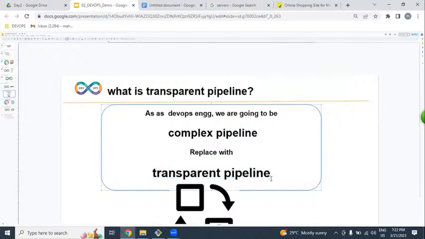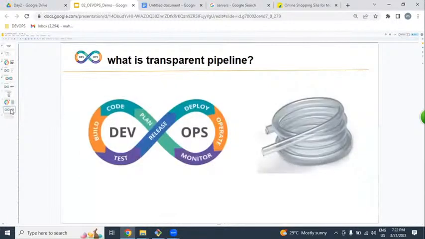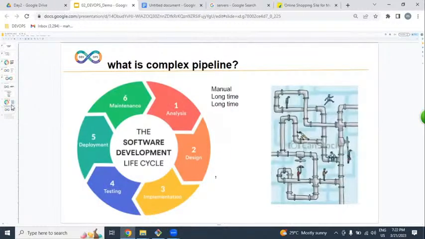Sir, what exactly is complex? What exactly is transparent? SDLC is complex. DevOps is transparent. Sir, why are we calling SDLC complex? Because it is a manual process. Due to this manual process,